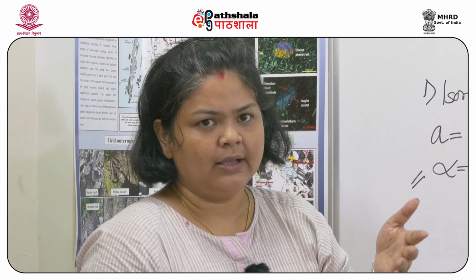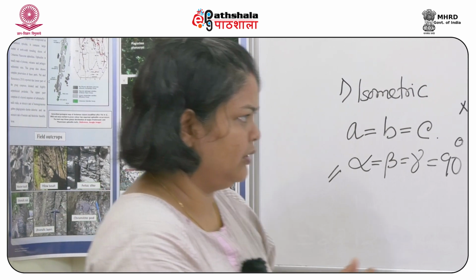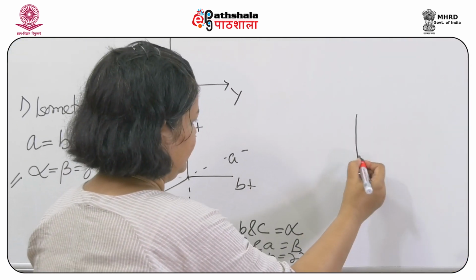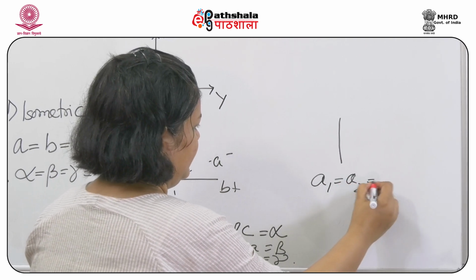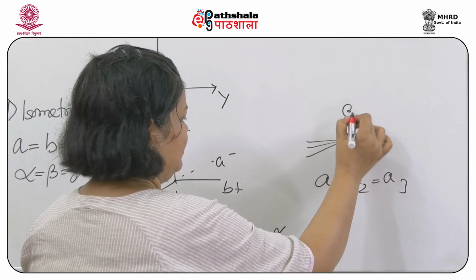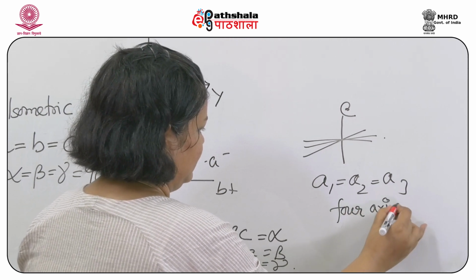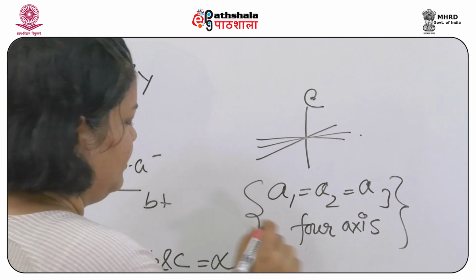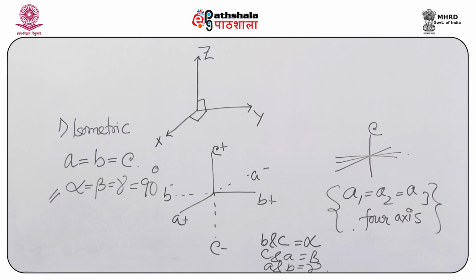For the hexagonal crystal system, we have 4 crystallographic axes. For the crystallographic axes in the hexagonal system, I would like to draw this. We have 3 crystallographic axes A1, A2 and A3, all lying on this plane, and then we have the C crystallographic axis. So, there are 4 crystallographic axes in the case of a hexagonal system, which is an aberration from the other crystallographic systems, and the details of this you can find in the